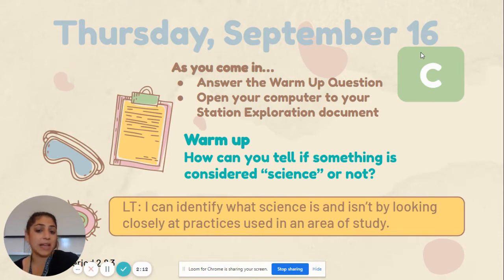We're going to spend some time today finishing up our stations, and then we're going to have some time to think about the last couple of days and the activities we did and determine which ones we think are science and which are not. I'm going to ask the sub to please pause here and put 10 minutes on the timer. Actually, I spent some time talking, so let's put more like 7 minutes on the timer, because you should be doing your warm-up the whole time I was talking. Sub, please turn that timer on to 7 minutes and get started. You should be pausing the video now. Great.